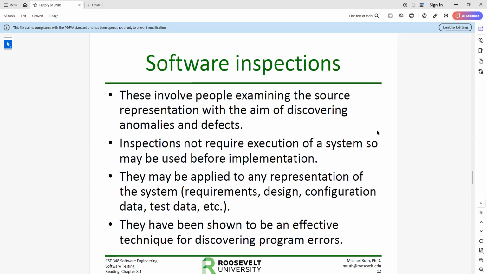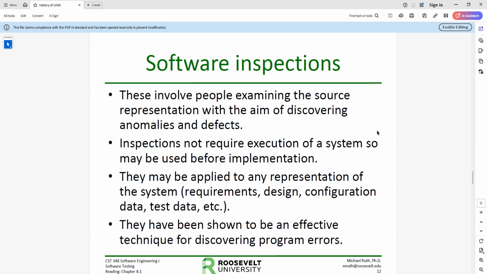Okay. Software inspections involve people examining the source representation with the aim of discovering anomalies and defects. Anomalies are edge cases. If you think about that, anomalies became very common when you talk about Star Trek as an example. It's one of the things I remember. But an anomaly is something weird happening. Okay. It might happen only once in a while, but it's something weird that can happen. And a defect is something happening that should never happen. Not all anomalies are defects. An anomaly just indicates that something weird is happening. That could be just how that works.